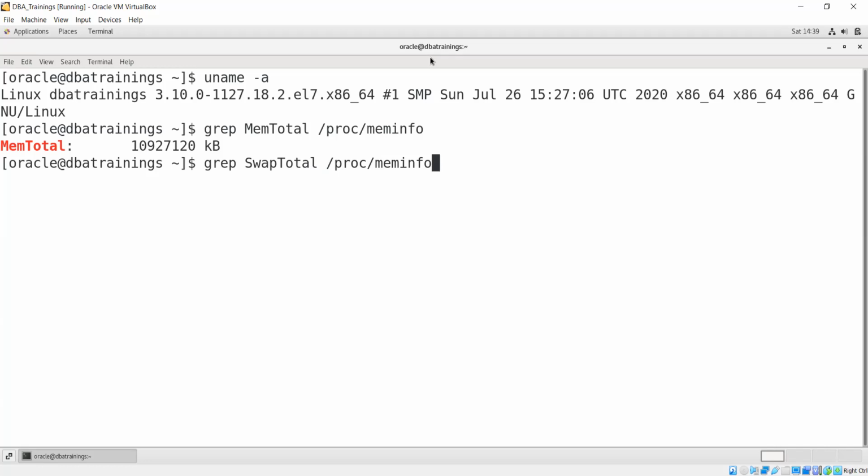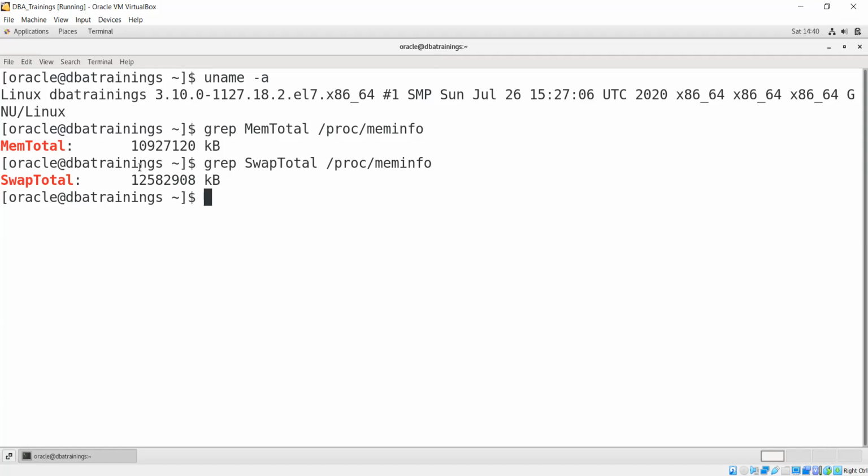If you have RAM from 2 GB to 8 GB, then swap should be equal. That means if you have 4 GB RAM, then 4 GB swap. If you have 6 GB, 6 GB, 8 GB, 8 GB, like that. But if you have more than 8 GB RAM, the swap size should be a 0.75 factor. Like if you have 4 GB RAM, then 3 GB. If you have 8 GB, then 6 GB, like that, 0.75 factor. So I am using 12 here. It is not double of my RAM, but yes, it is able to handle any request.